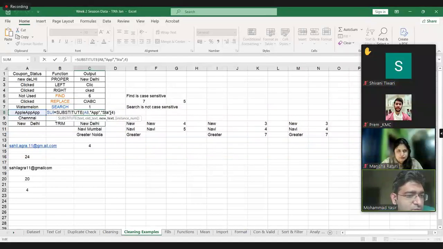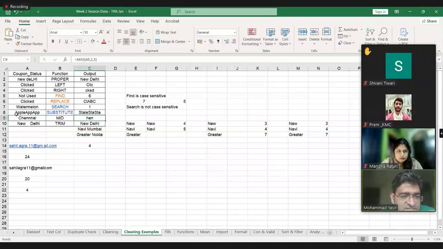Replace it with this value. And the last argument is optional. So very simple. Take this value, replace app with sta. So what will happen? All the instances of app will be replaced by sta. Right? So a simpler way to perform any string manipulation.